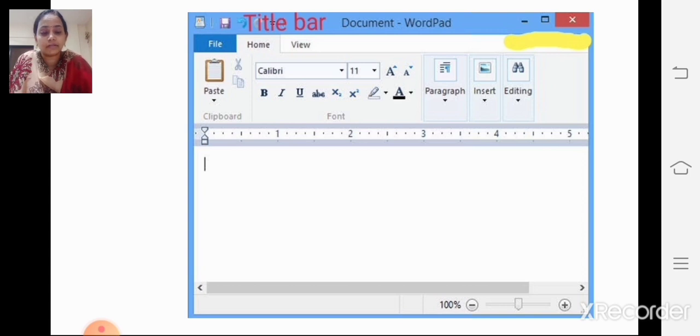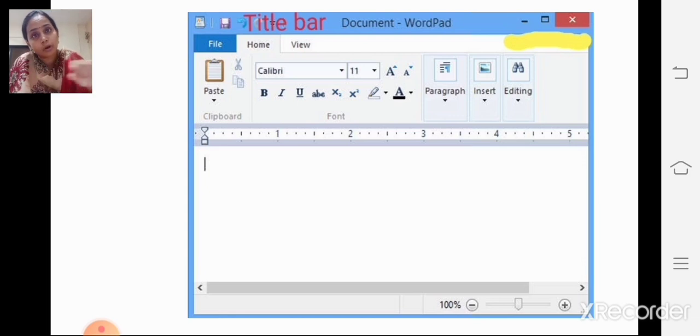Minimize button. If you click on this minimize button, it will reduce the size of the WordPad window, and that window will go to the taskbar.